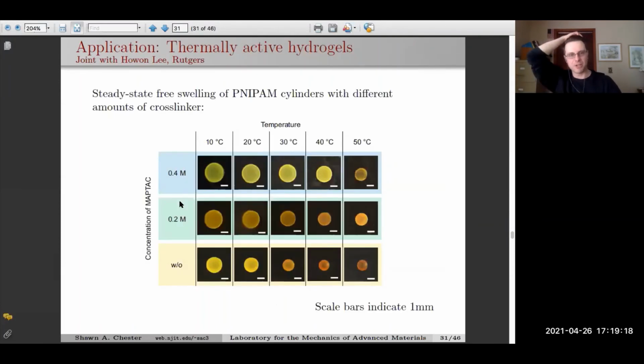So the first application here are these thermally active hydrogels, and my buddy Ho-Wan Lee at Rutgers did the experiments. What you see here are very tiny hockey pucks. The scale bar is 1 millimeter, and this vertical axis is crosslinker, right? Not exactly, but think of it as crosslinker. So it's the stiffness, and the horizontal axis is showing different temperatures. And basically the trend is as the temperature goes up, the diameter shrinks,